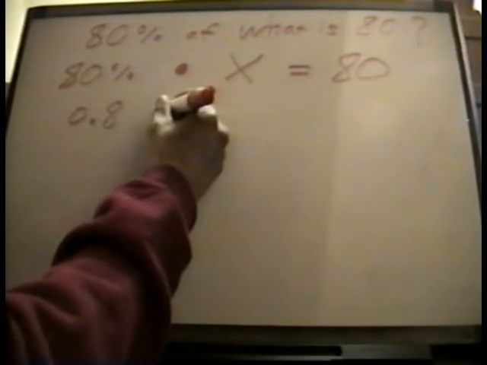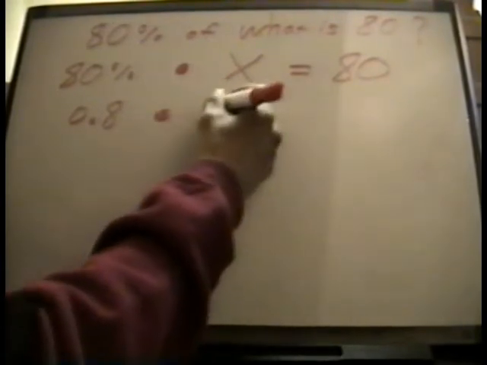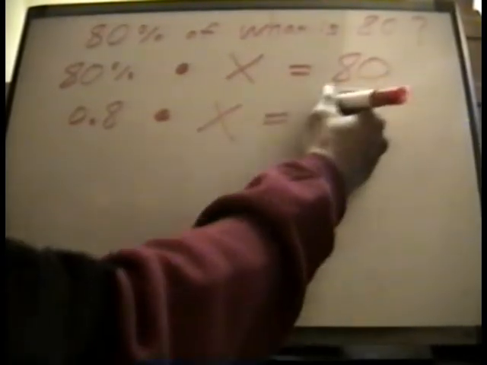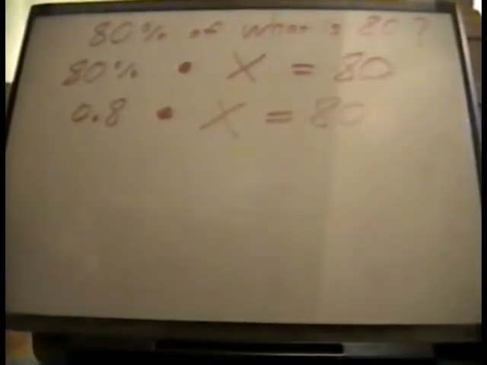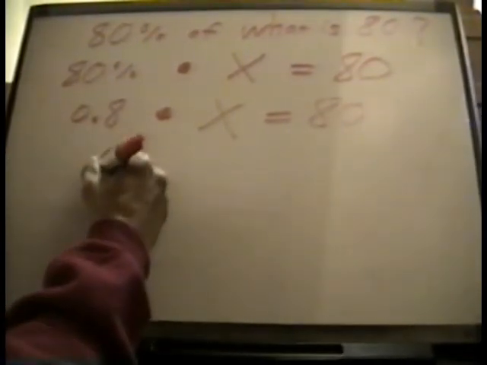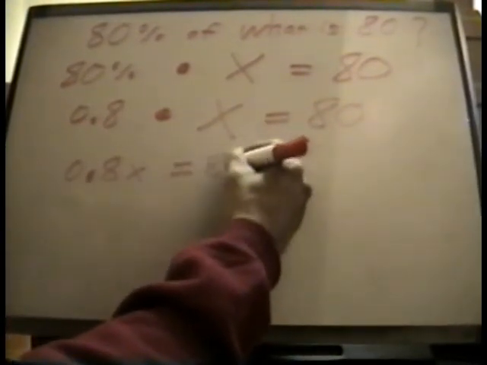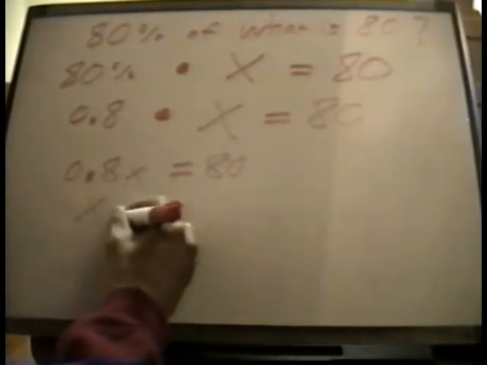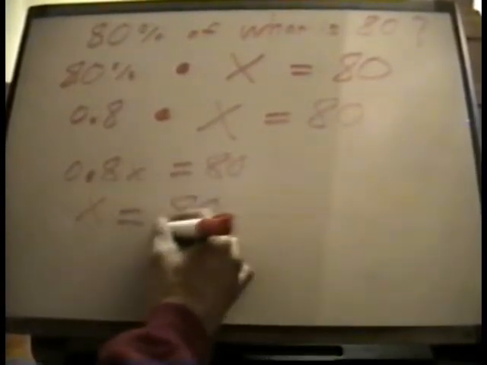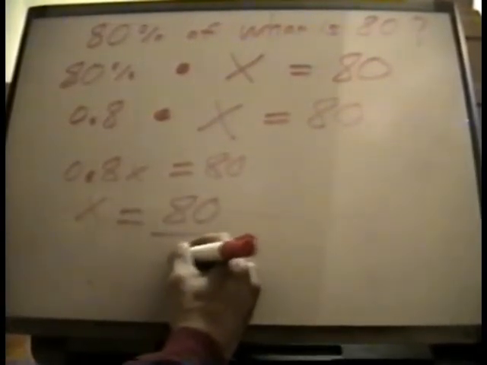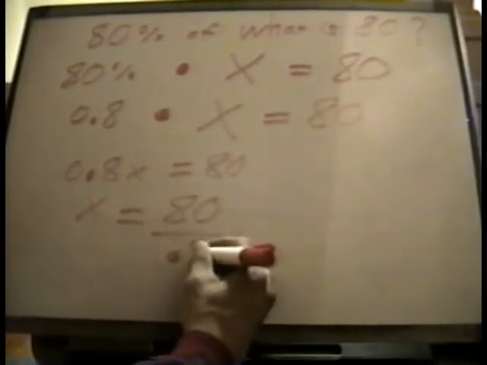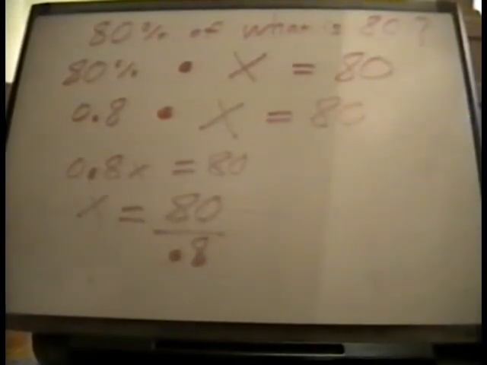0.8 times x equals 80. Or that's 0.8x. 0.8x equals 80. So here we get 80 over 0.8. But we don't want to divide by any decimals. So we're going to multiply